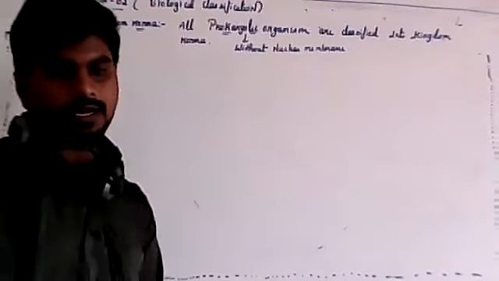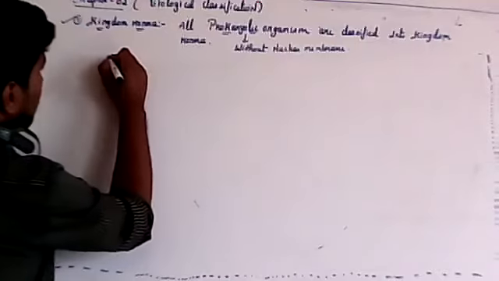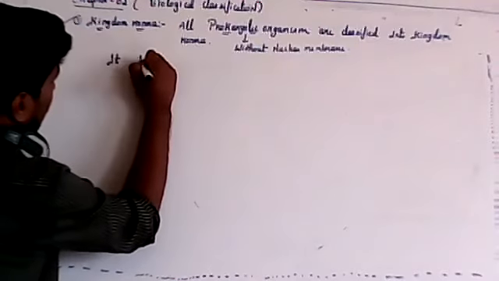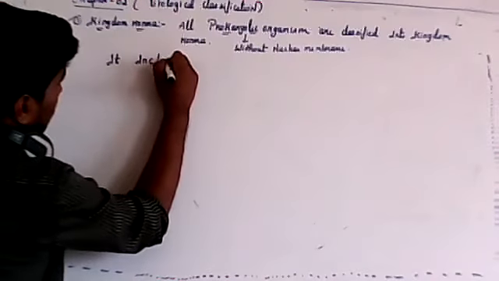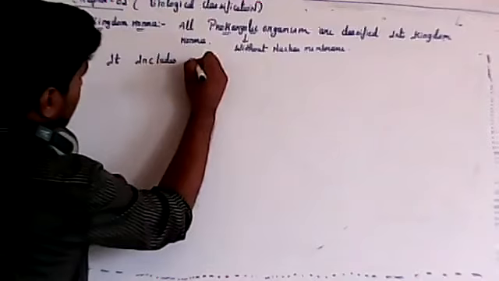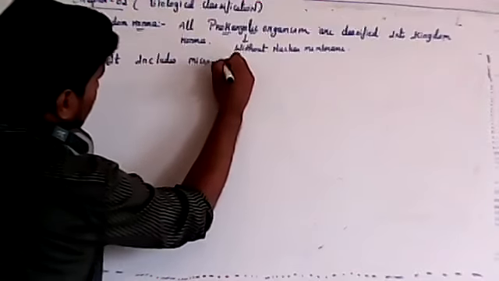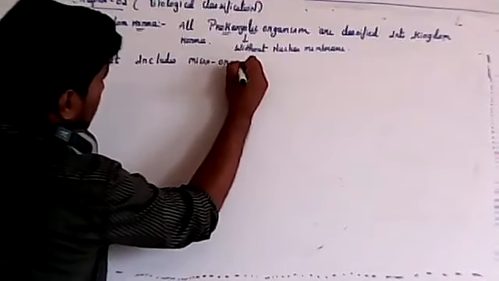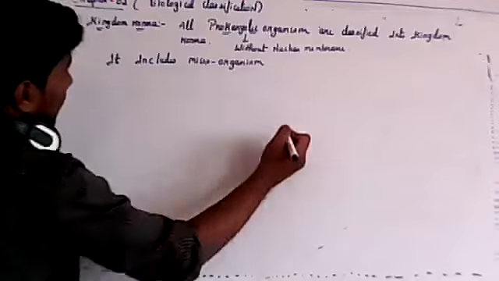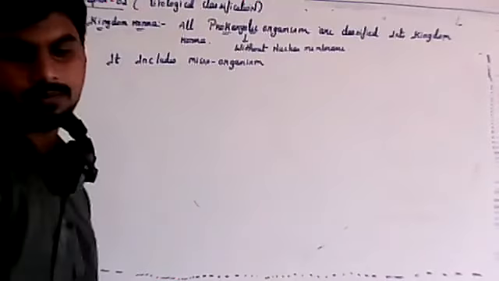Kingdom Monera includes microorganisms. Very few microorganisms are placed under kingdom Monera. So it includes microorganisms like,